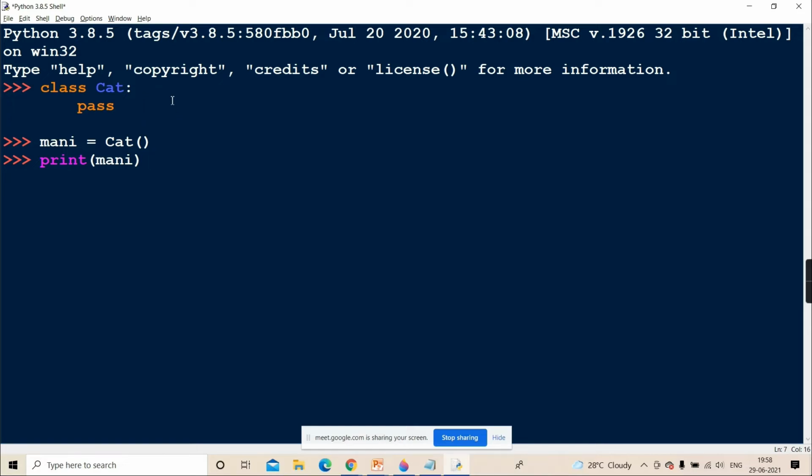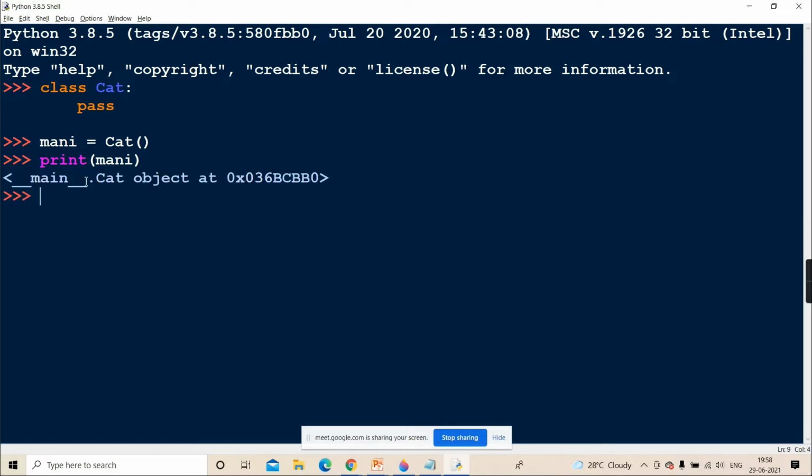Yes guys, I'm expecting answers from you. Object class, the parent class, right? As there is no dunder method in the cat class, still Python doesn't give an error. So obviously it will go to cat's parent. And who is the parent of cat? Object. And in the object class, sure there is the dunder str method. See here, it prints.